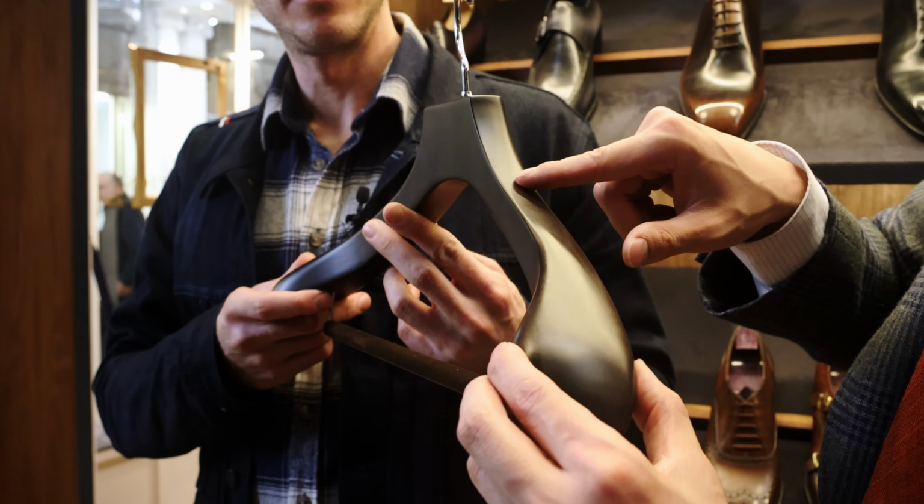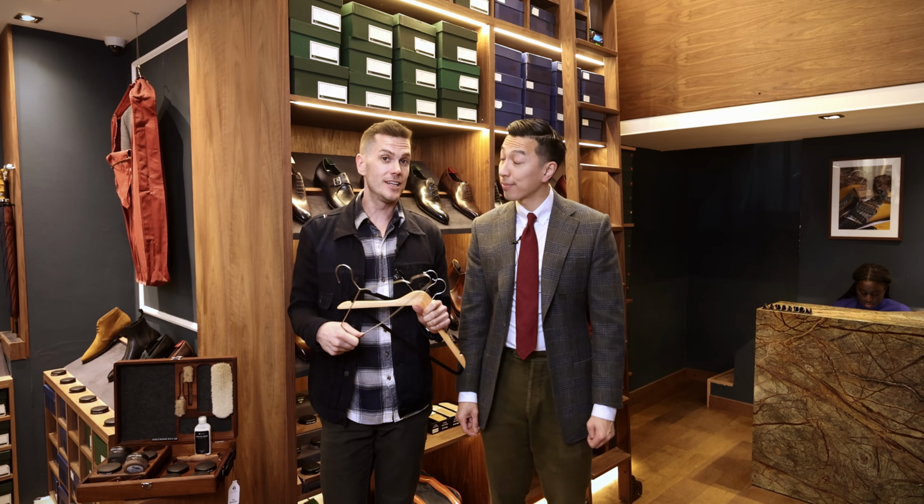This is not the 10 out of 10 hanger. Oh, yes. Let's see the 10 out of 10. All right. You might not have thought that luxury clothes hanger dealer is a job that exists, but